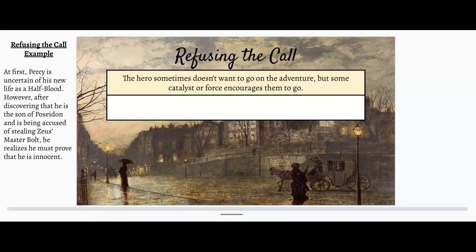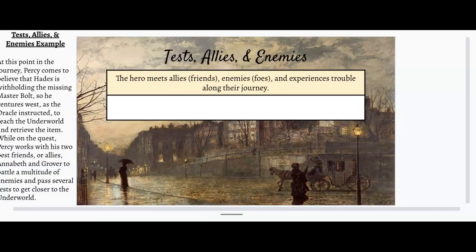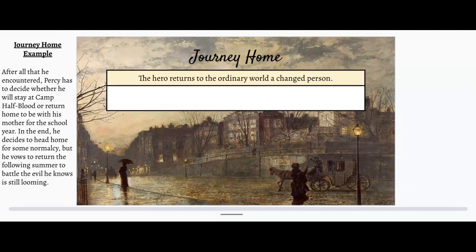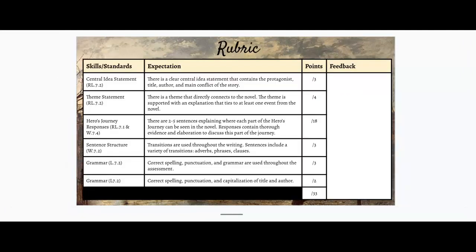And then each of the slides has a different piece of direction and an example for each. You'll see the rubric at the very end to see what it is that we're grading. This is a summative assessment. You are working on this by yourself,